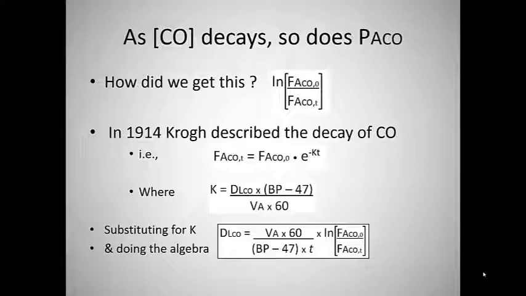Because they found out in 1914, they actually described the decay of carbon monoxide in a human lung. It's kind of interesting because up till 1914, scientists thought that oxygen in the body was an actively transported process. It was something that required energy. It was actively transported across the membrane; they didn't think it was a passive process. Okay, they found it was a passive process and was related to a fraction of concentration at whatever time you're measuring at that was equal to whatever the starting concentration was times e to the minus kt, an exponent. Kind of complicated, but what K actually stands for is diffusion times the barometric pressure minus the water pressure,